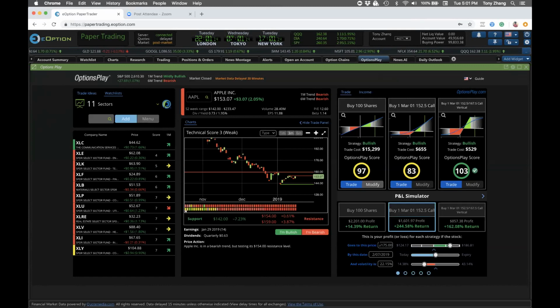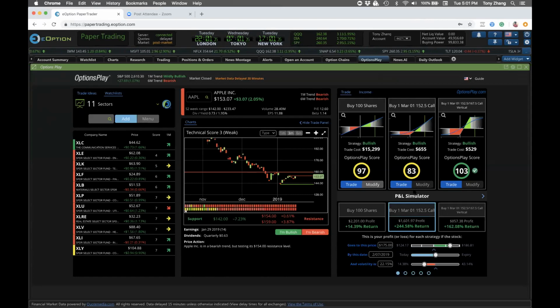So this is really how you can utilize this tool. Type in any stock, utilize our bullish and bearish readings to give you a sense for direction. Use the bullish and bearish buttons here at the bottom to set up 3 bullish strategies or 3 bearish strategies. And most importantly, utilizing the P&L simulator so that you can really see how much money you can expect to